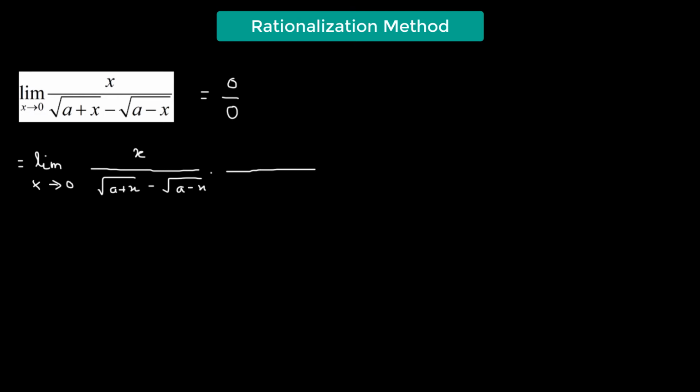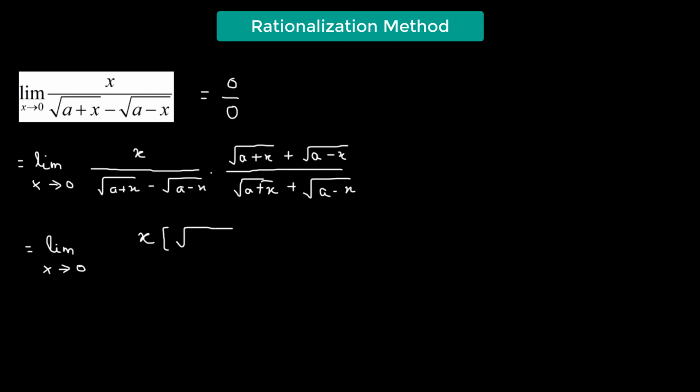So we take the conjugate of the denominator, which will be square root of a plus x plus, so the negative sign will become a positive sign, square root of a minus x, and we multiply it to the numerator as well. So we have square root of a plus x plus the square root of a minus x. So this will be equal to limit x approaching 0 of x multiplied by the square root of a plus x plus the square root of a minus x, divided by